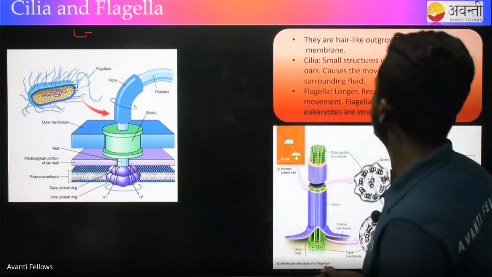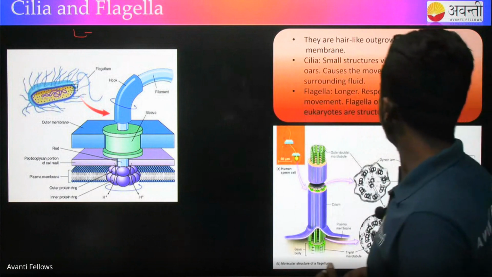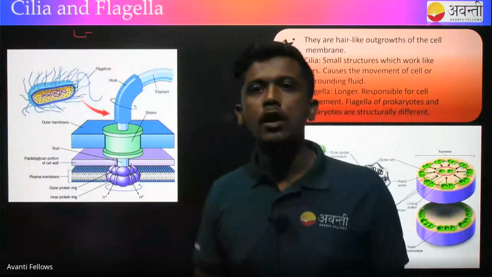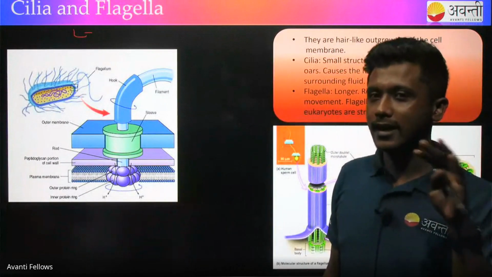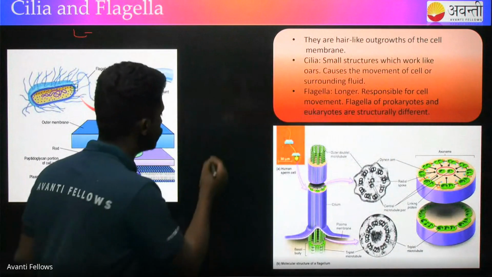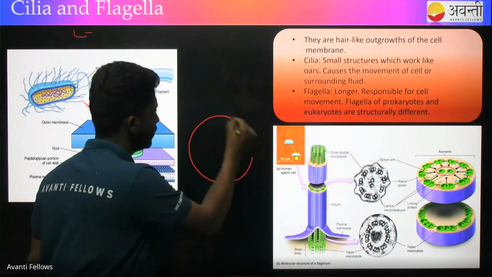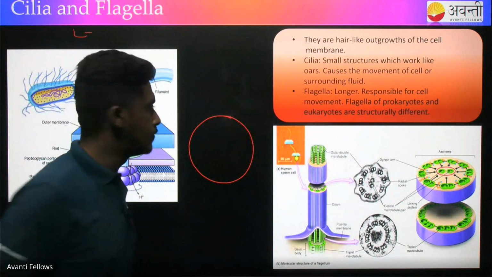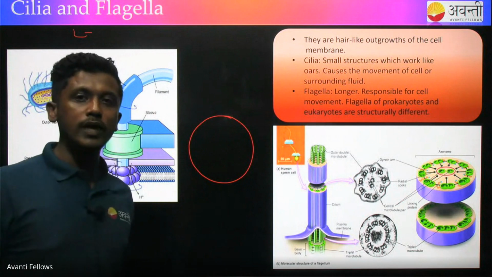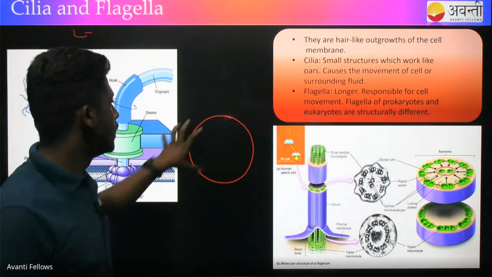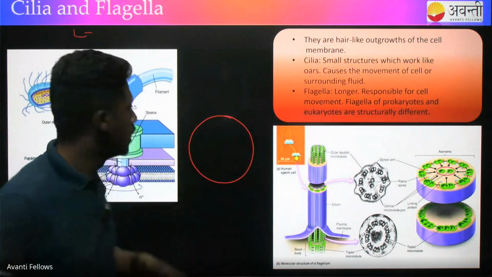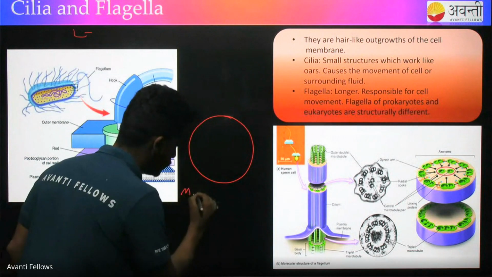So let us look at the cross section of the flagella. When we look at the electron microscopic image of a flagella, what we can see is that the outermost layer of the flagella is a plasma membrane. Within the plasma membrane, we can see a radial arrangement of these microtubule doublets. So when I talk about microtubules,